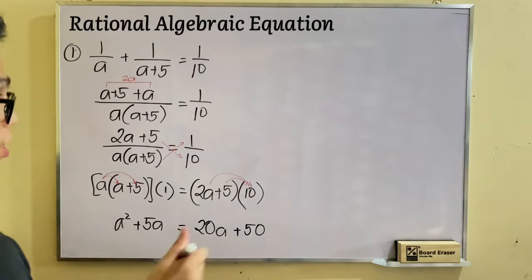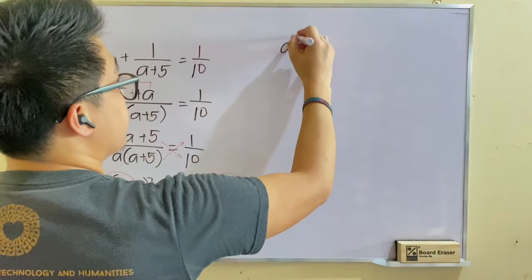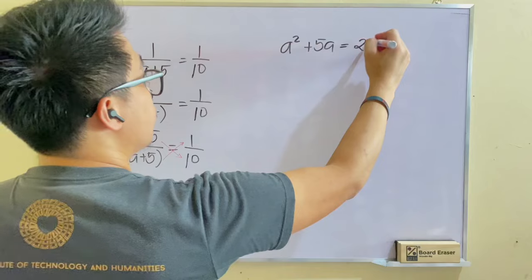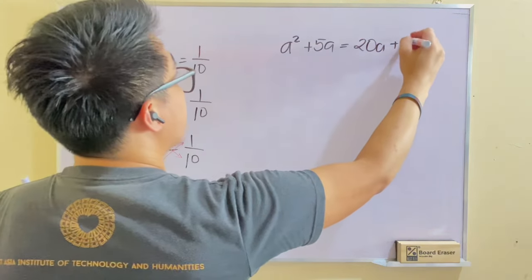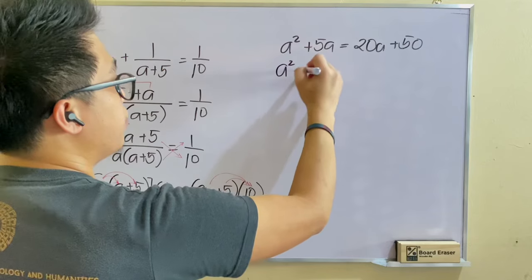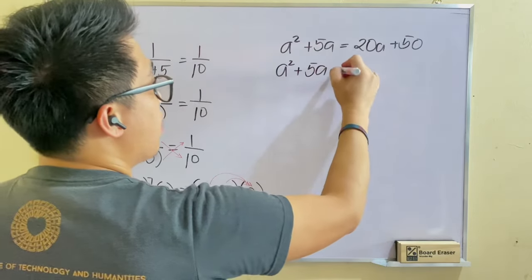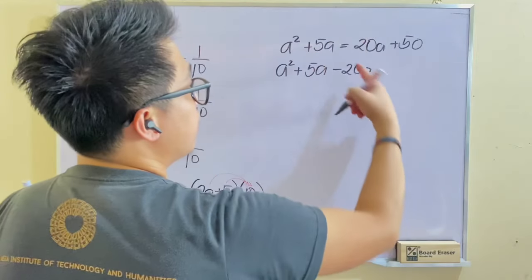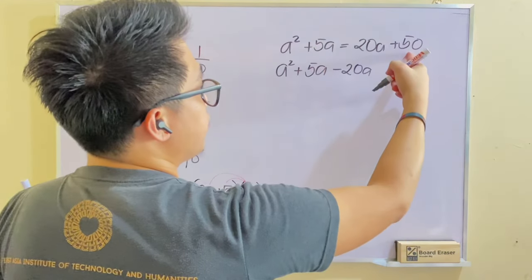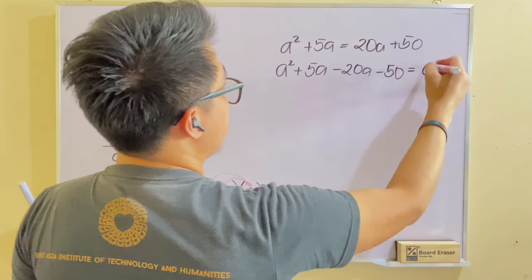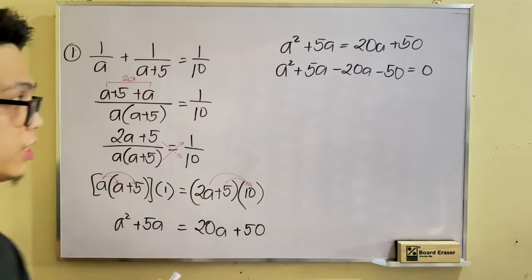So, ang equation natin, a squared plus 5a is equal to 20a plus 50. Ilipat natin sa kabila, magiging a squared plus 5a minus 20a, positive, naging negative pag nilipat sa equal sign. 50, nilipat sa kabila, magiging minus 50 is equal to 0. Next,